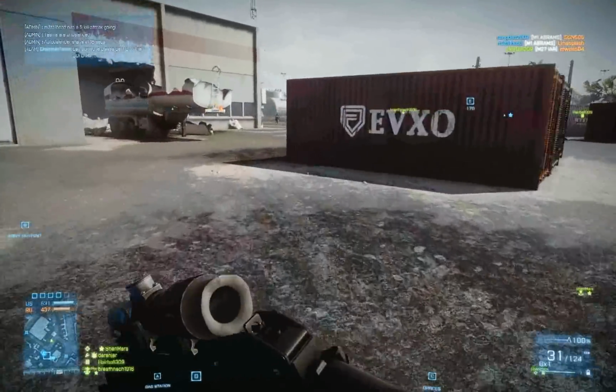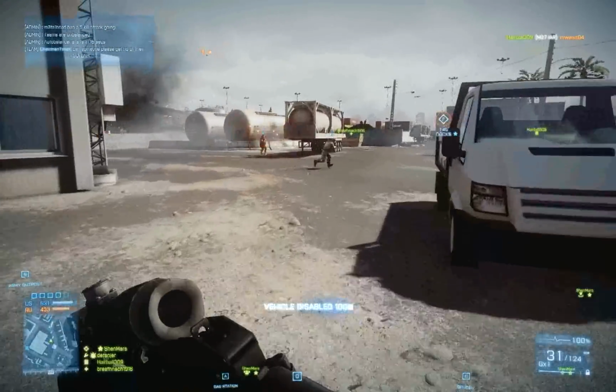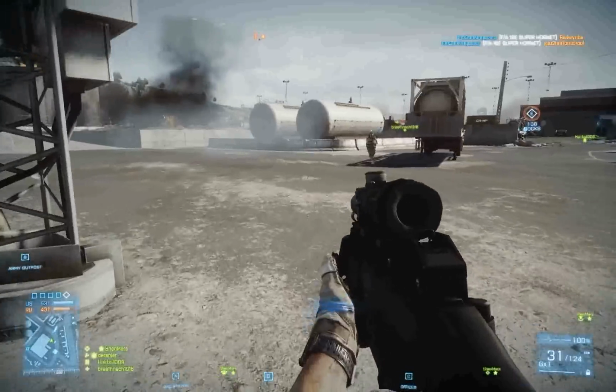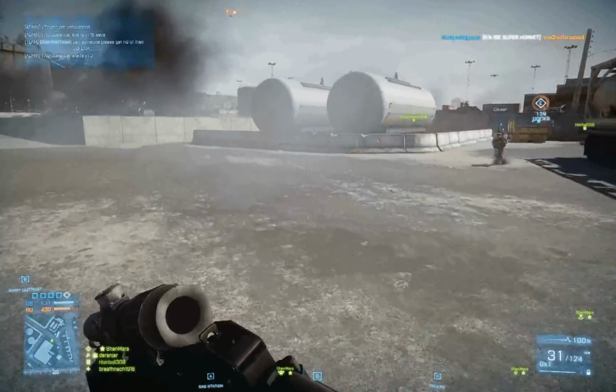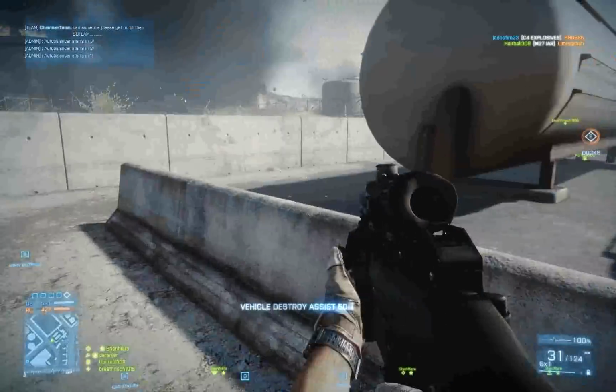And since this is a little boring, we're gonna skip through to the fun part. Oh, never mind. Vehicle disabled right there. See, those mines come in handy. Let's not skip. We're going back to, there we go, vehicle destroy assist. He was shooting at someone over here, so